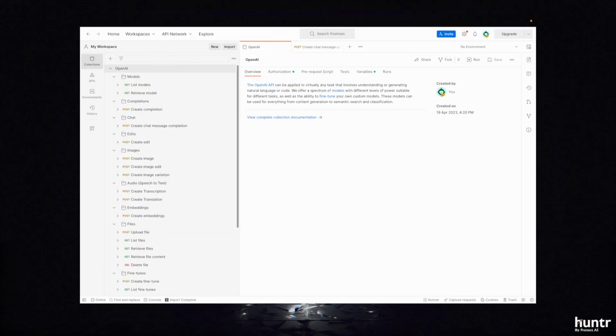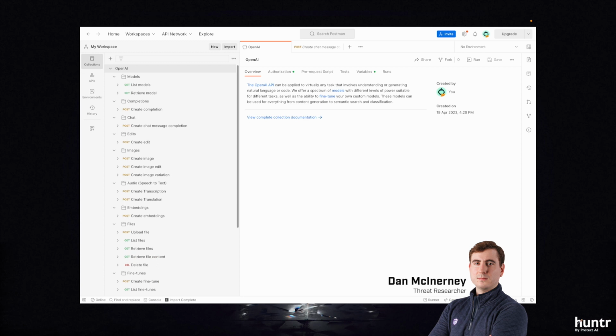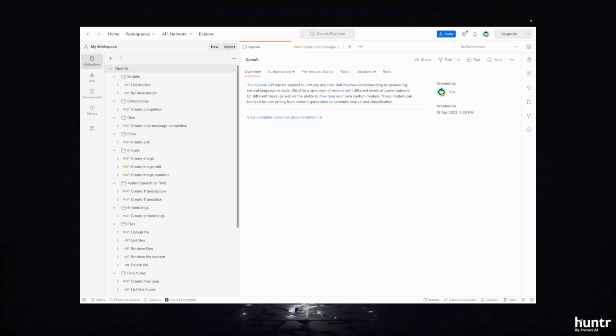Dan McInerney from Protect AI, and today we're looking at API attacks against ChatGPT. APIs aren't like websites where you can just click every link to populate Burp. They usually come with some form of documentation, like the OpenAPI specification file, which lists out all the API calls and variables. Your first step to testing APIs is to acquire the specification file and load it in one